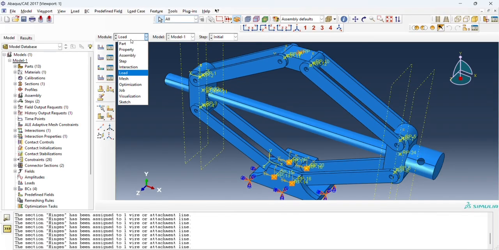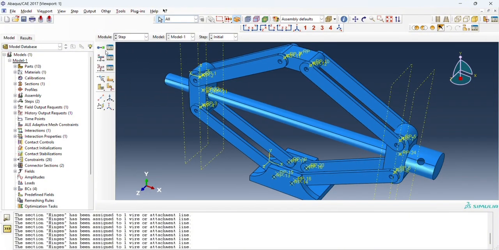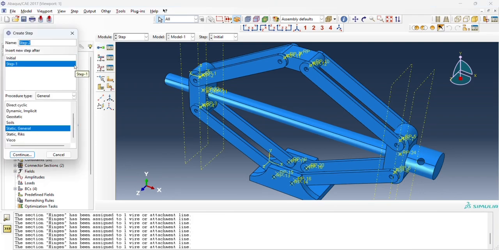And now after that one, we will have to mesh the parts. So before we mesh it, we have to create 2 steps. One step is for the screw motion to lift the jack, and the other step is for the load to be applied at the top plate once the screw has been lifted. So for this one we will use static risk,